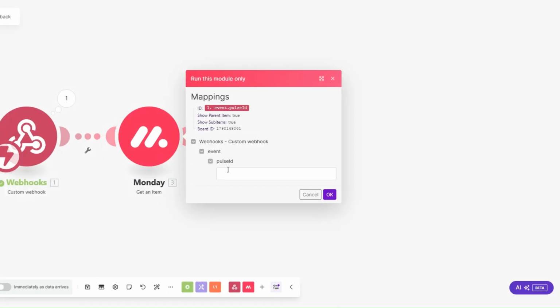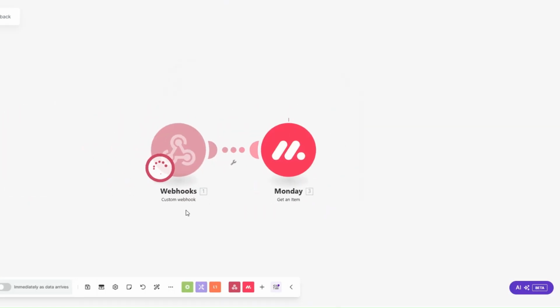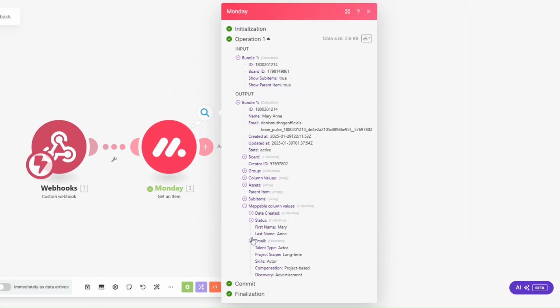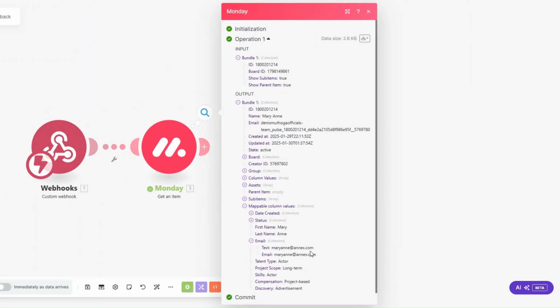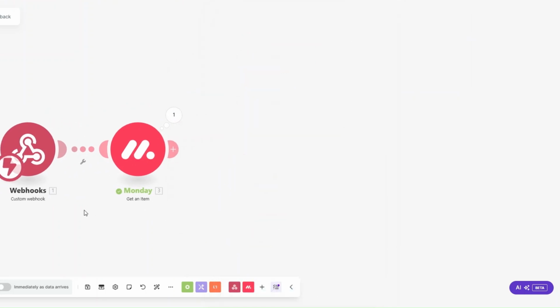Now here, I run this module by placing our sample data here and clicking on OK. And here you can see we're getting our client's data here. We're getting the first name, last name, the email, and the rest of the information over here. Now, to send them a feedback survey form,